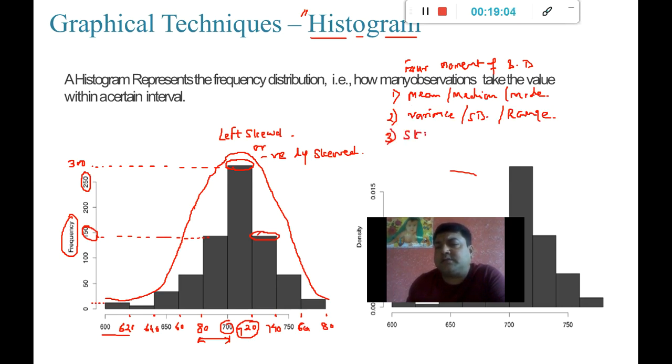Third moment, skewness, which we have already seen. Fourth moment, kurtosis. So we can come up with whether it is negatively skewed, whether it is going to have positive kurtosis. It is definitely going to have positive kurtosis and negative skewness. Variance and standard deviation need some calculation, so we can at least talk about the range.